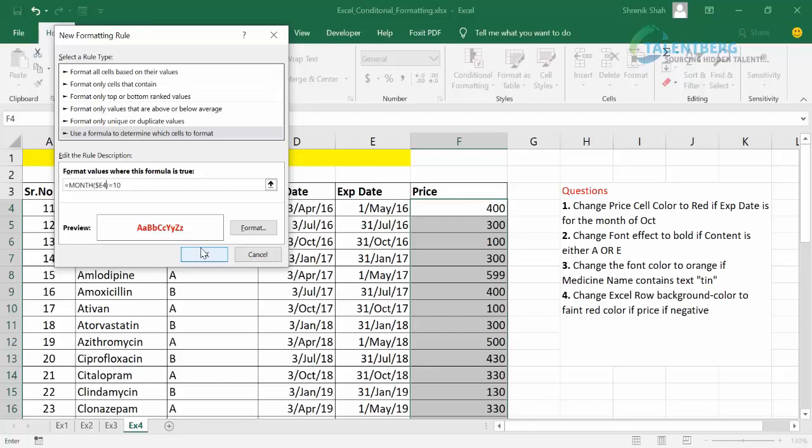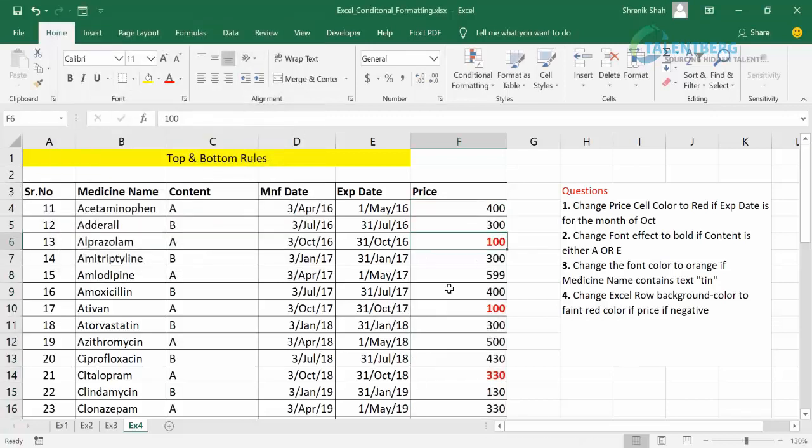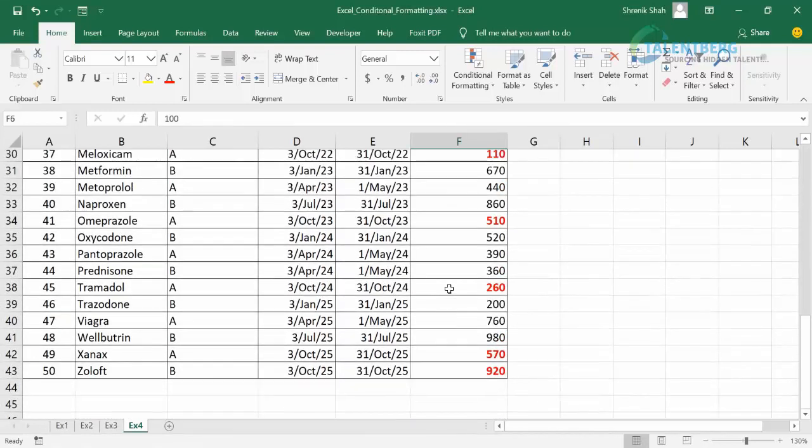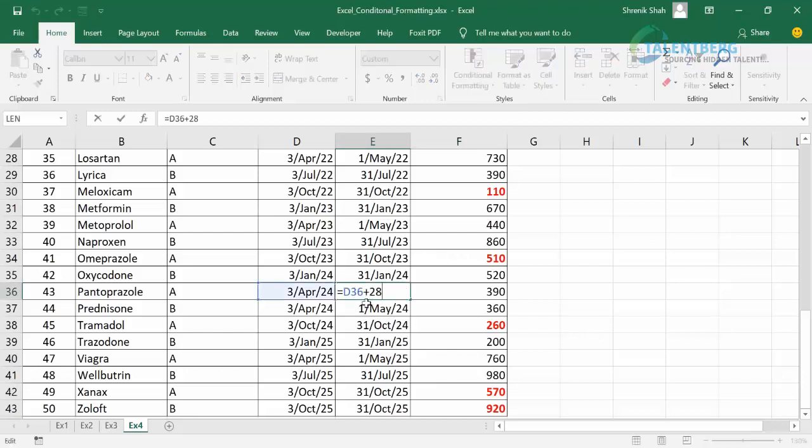Now I am clicking on OK. So looking at the month, is it October? I change the color to red and click on OK. And yes, if the price belongs to the month October, then only it changes the color to red. Let me check with this date. We have given some dates here, and I'm making some calculations to get the next date. If I enter a date, let's say the 10th, so it is October, the value again changes to red. So automatically it changes to red if I change the date to October.